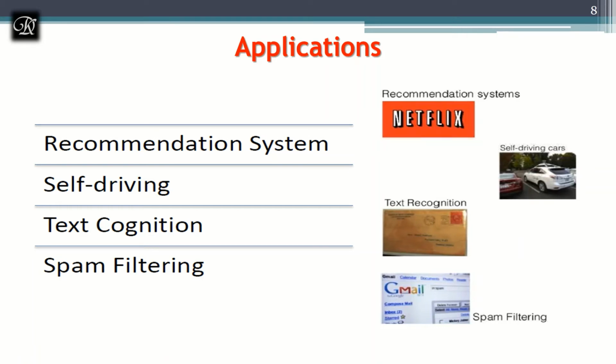And text recognition. Text recognition is one thing where we are going to recognize our signatures and all. You are aware that in the banking system we still go with the signature on hard paper. So if you give it to a machine, it has to recognize whether you are the authorized person who has signed it or not.